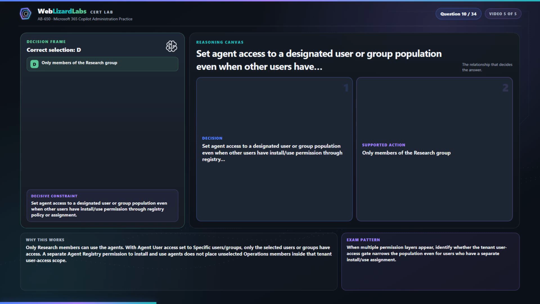D is correct. Only members of the research group. Only research members can use the agents. With agent user access set to specific users/groups, only the selected users or groups have access. A separate agent registry permission to install and use agents does not place unselected operations members inside that tenant user